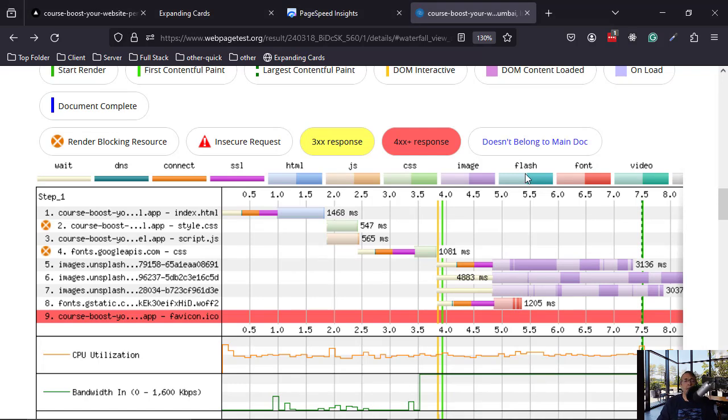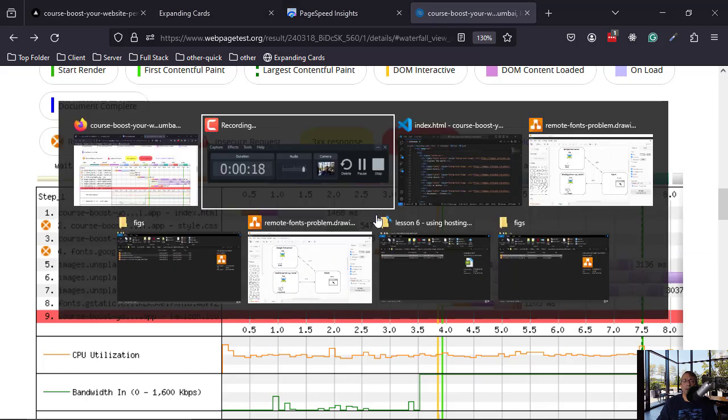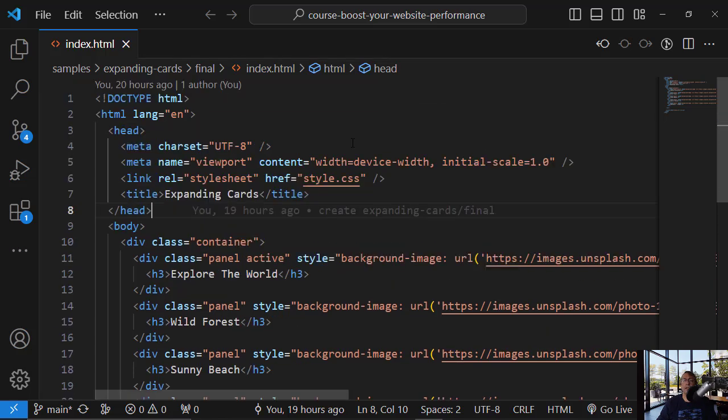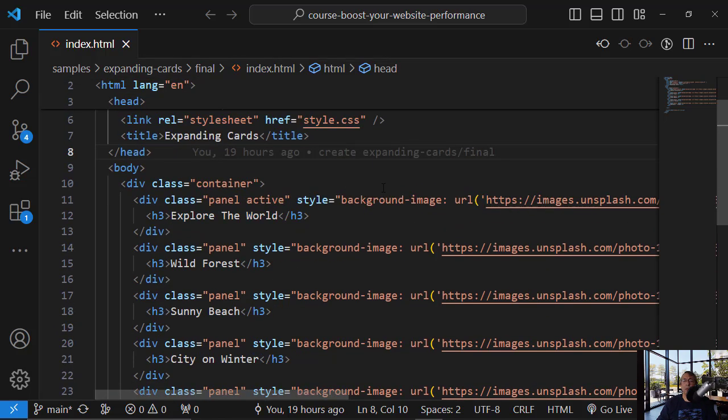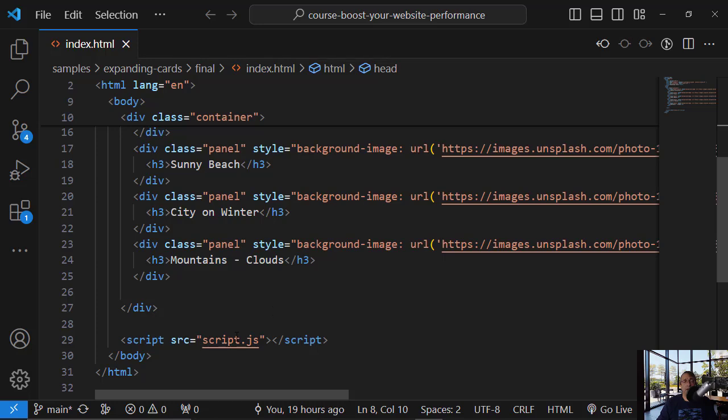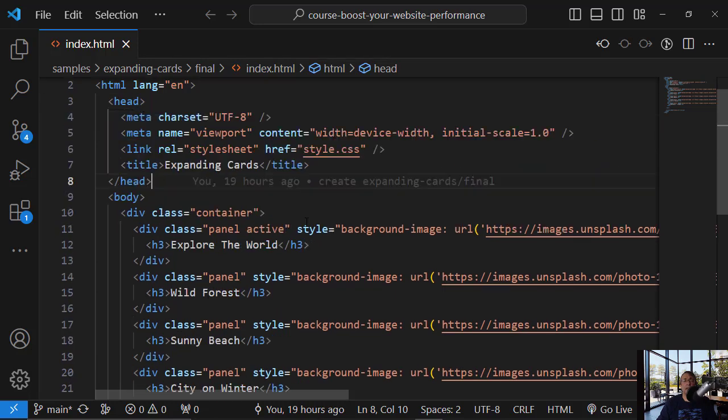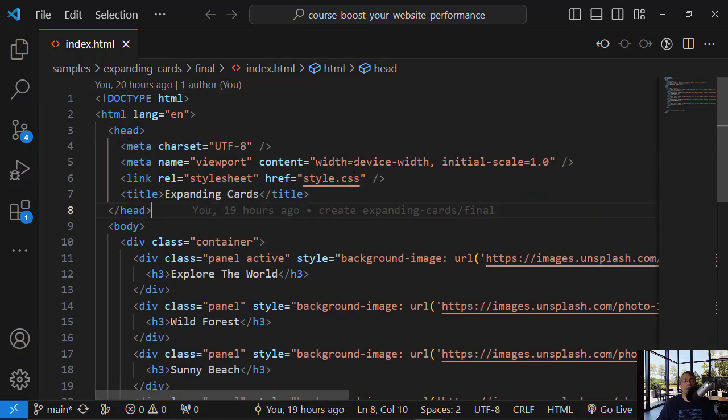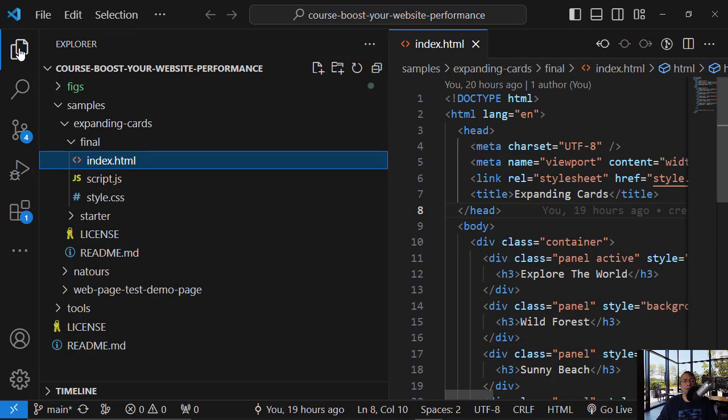Okay, so we see here the font, and it is delaying the pipeline of the browser. And first, let's see where these Google fonts come from. Okay, so let's first look here. We have here CSS, images, JavaScript, images, and CSS. Okay, so let's look inside the CSS file,